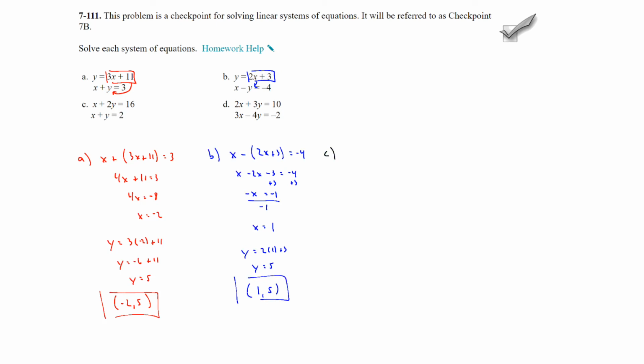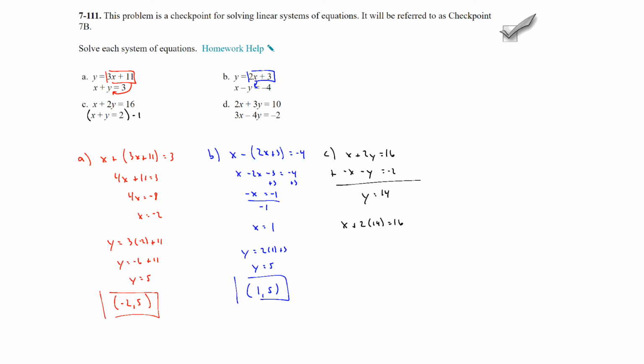On C, it looks like it is set up for elimination, so I'm going to leave it in that form. I'm going to take the bottom equation and multiply by just a -1. That will help me eliminate my x values. So x plus 2y equals 16, then negative x minus y equals -2. So if I add these up, my x's are eliminated. I get y equals 14,